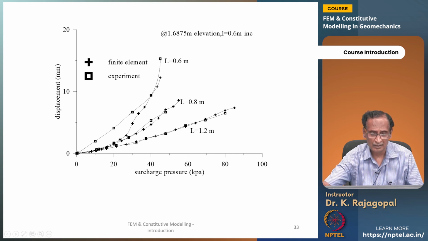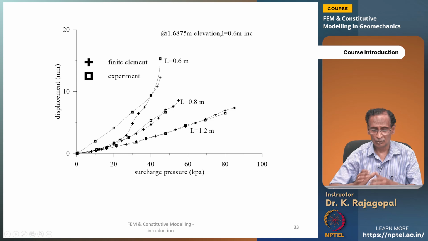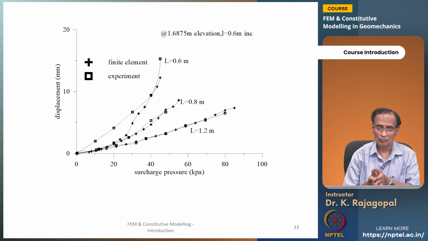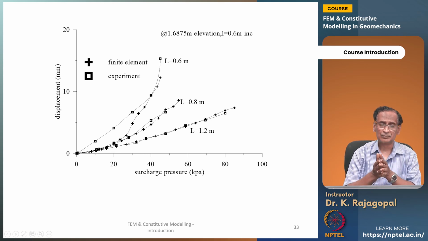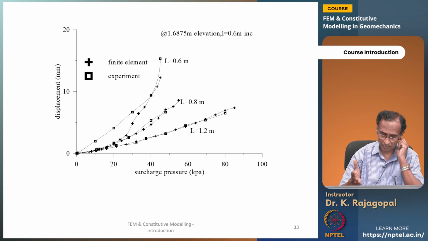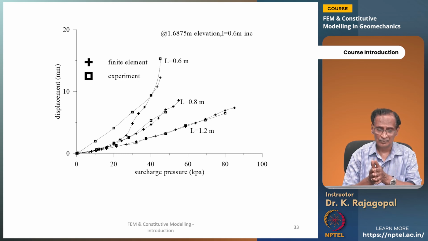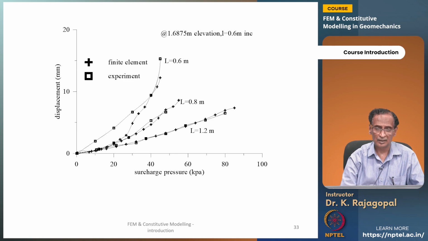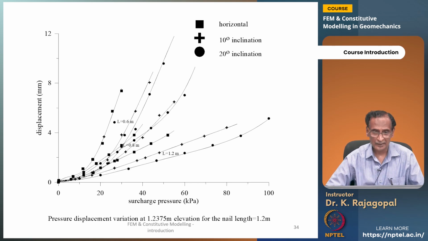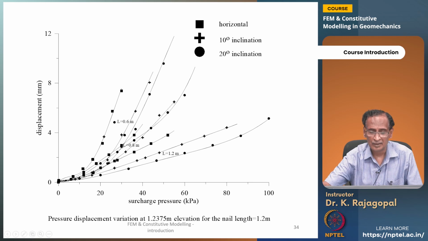In all the cases there is a good comparison, and obviously with a shorter length reinforcement the wall fails at a smaller applied pressure, and that is what is replicated by finite element models. And then the influence of the inclination,